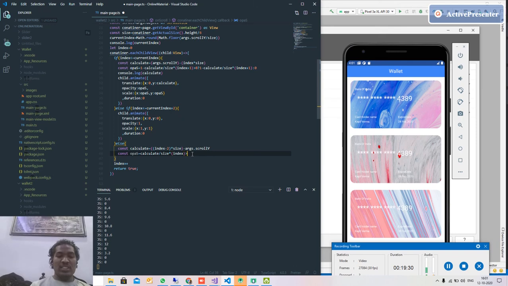So if it's greater than 0, we are going to do this, 1 minus the same thing. Or else we can just put 0, nothing is there. Same.